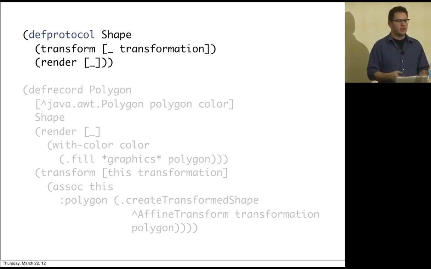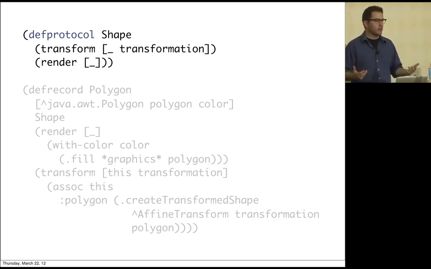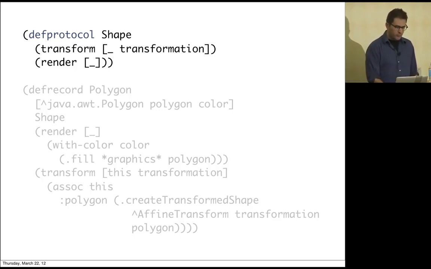But consider that we may want to draw text. We may want to draw circles, right? We may want to do these other things which have these same properties and won't be accomplished in the same way. And so I'm trying to at least indicate a direction where this would be a less trivial example, and that's why I'm using this. So when we create a polygon